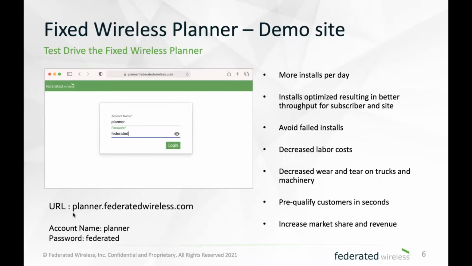But I do want to emphasize once again that when using this demo, think about how it can help you in deployments and installation scenarios, how it can help you avoid the hassle of sending a team and then understanding, after the team has reached the customer site, that there is no good way that we could get the signal for this customer at that particular location. So without much more delay, I'll